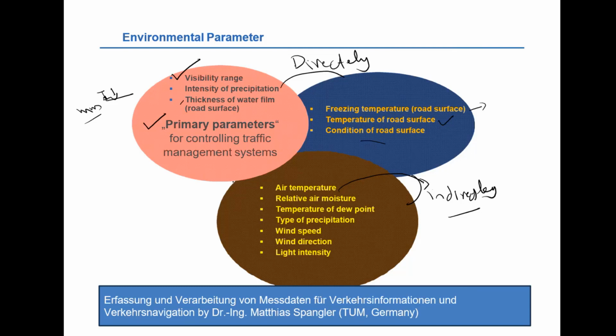And then we have the relative air moisture as well. For example, if a vehicle is moving in one direction at a speed of 50 knots per hour, and the opposing wind is more than 70 knots,